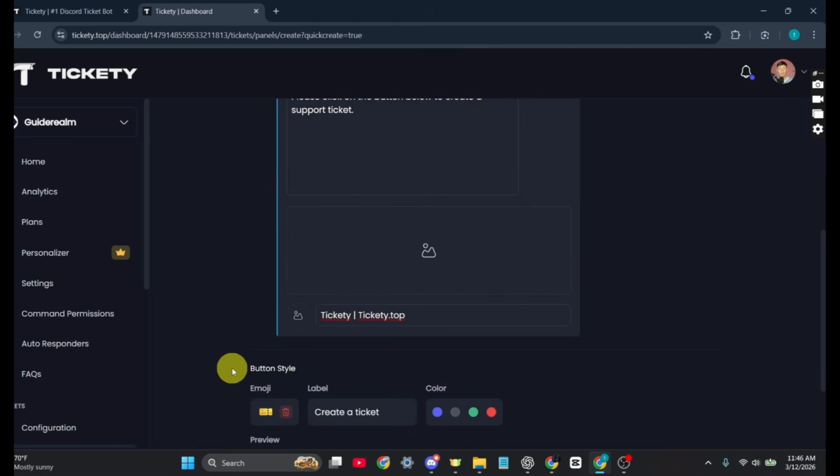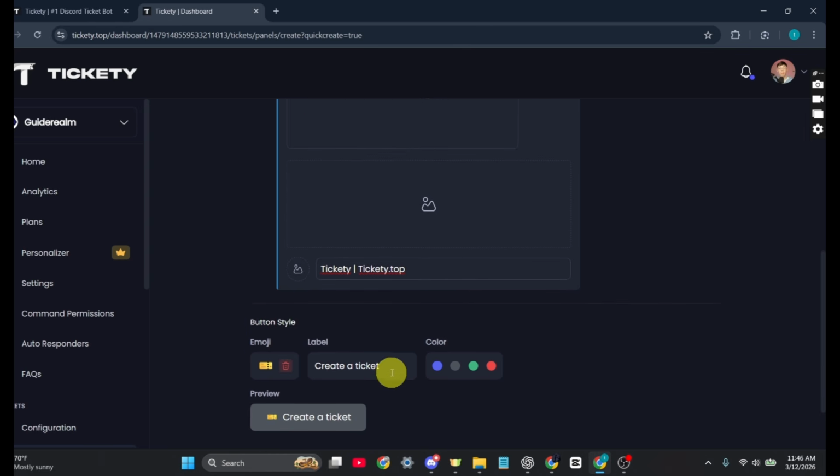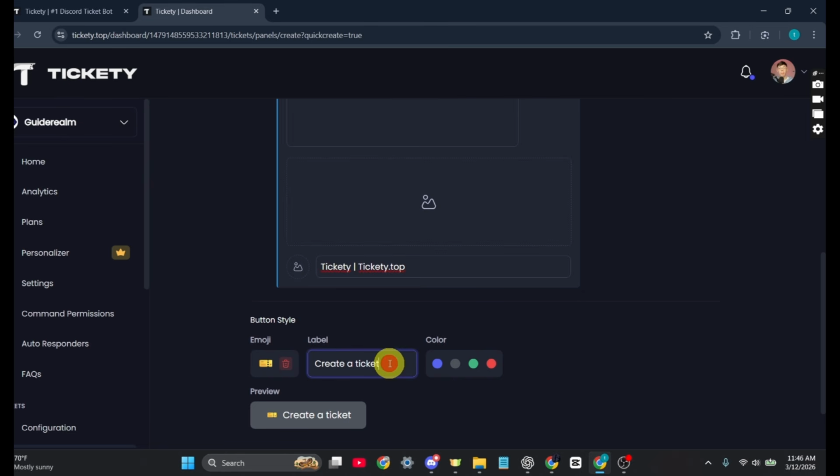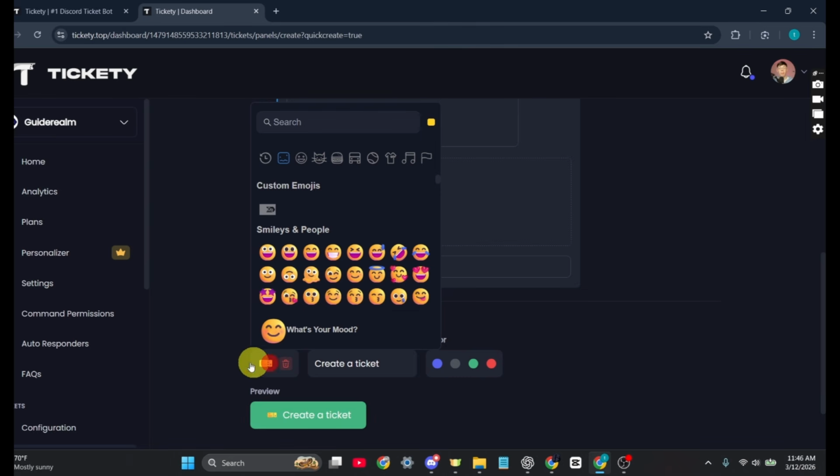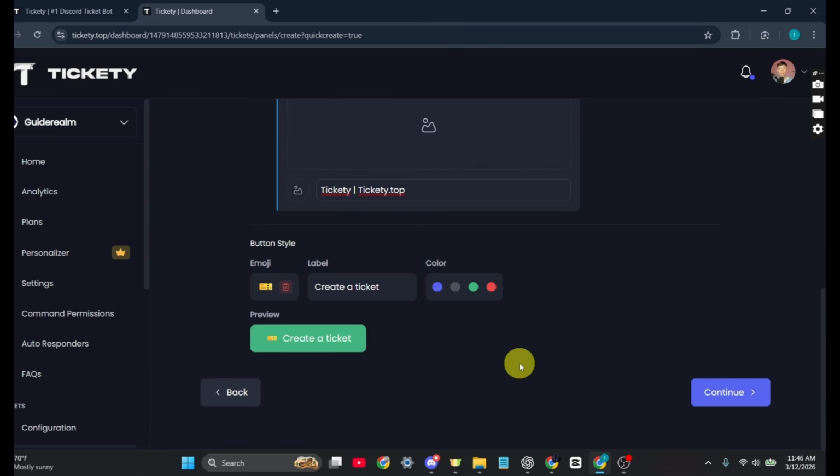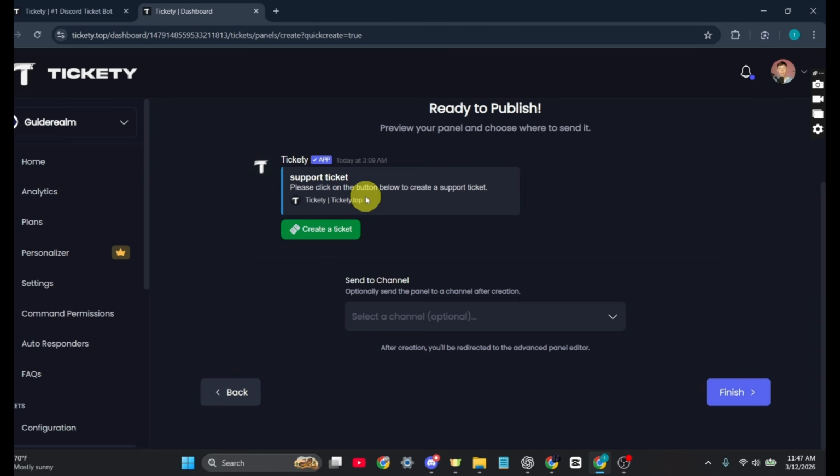Next, you'll notice the component type is selected as button style. You can then customize the text. For example, you can write anything like open ticket or create a ticket, like so. You can also pick a color, and you can add an emoji to your liking by just clicking on any emoji. Once that's ready, just click on continue and you will see a preview of how the ticket panel will look